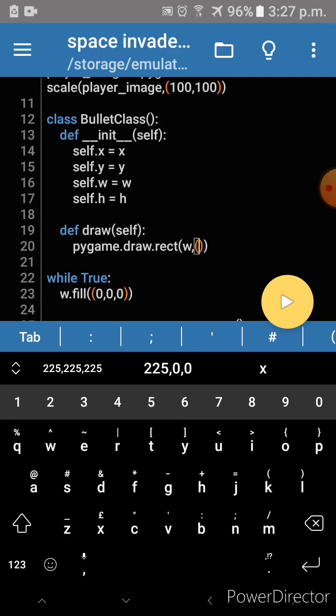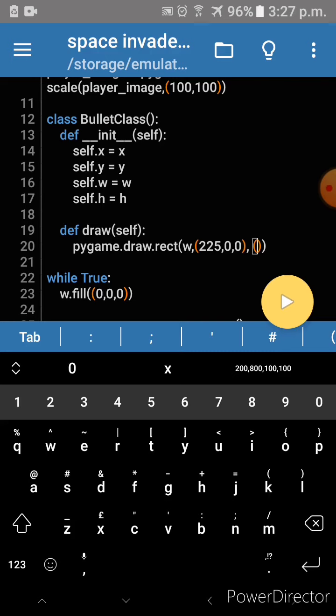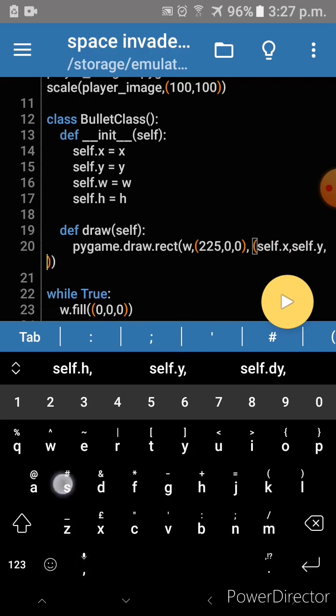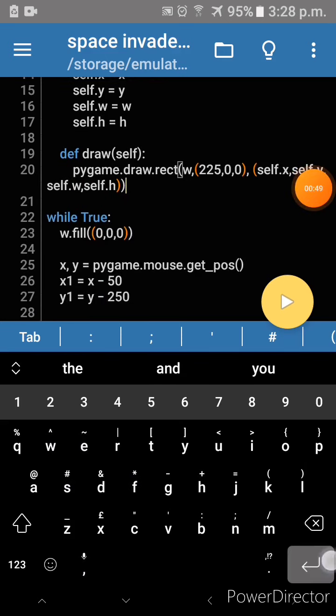Then the color I want it to be red, and after that the x and y coordinates, self.x, self.y, self.w and self.h.